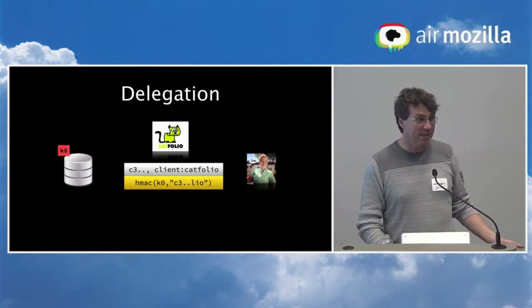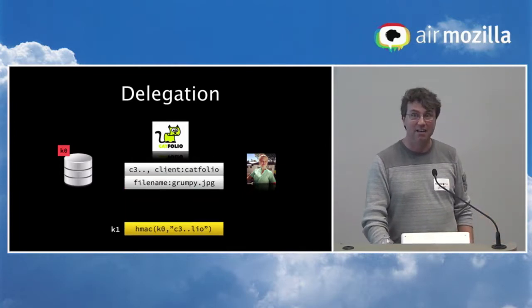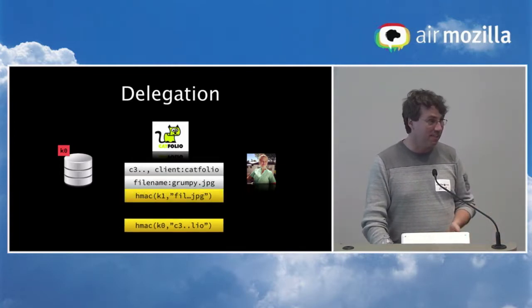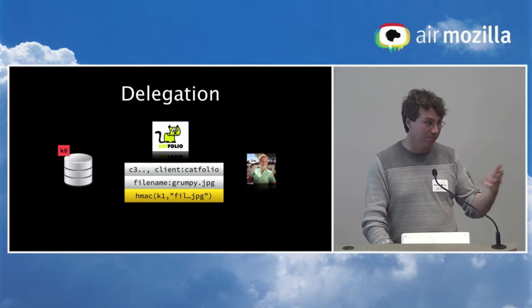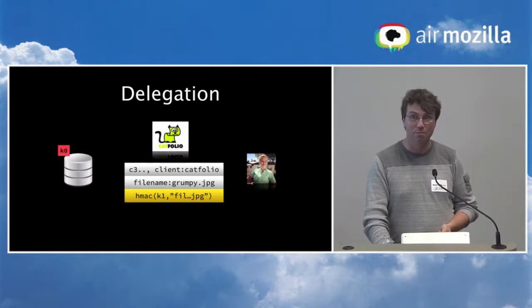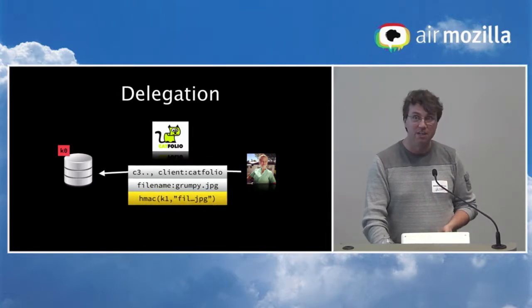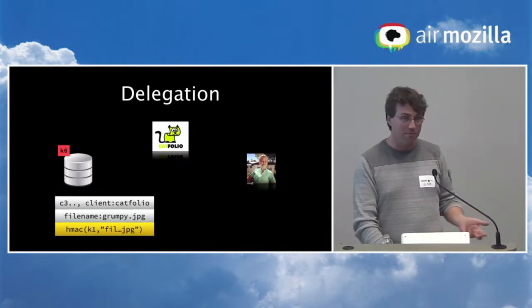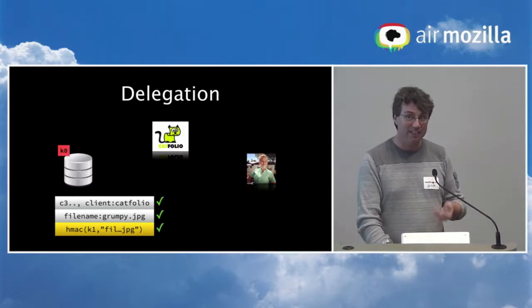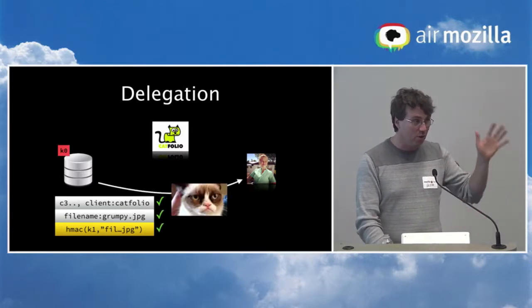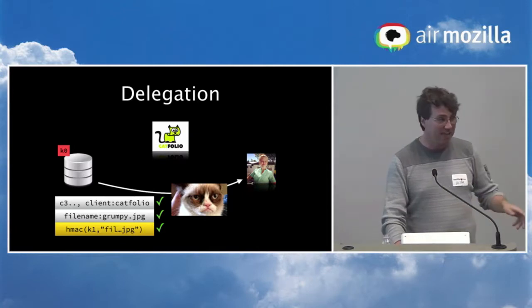But Catfolio would then, with its users, add some constraints about what the different users are doing. Like this particular user is allowed to get the grumpy cat picture maybe for a certain time or something like that. Hand that over to the user, and the user would hand that over back to Amazon. And Amazon can then go through and, just as before, check all of those things actually hold true and show the grumpy cat.